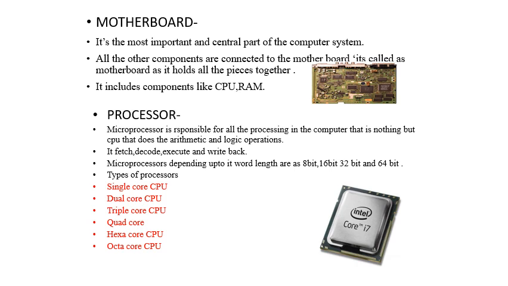Now what are the types of processor available? There are single core CPU, dual core CPU, triple core, quad core, hexa core and octa core. Now what does this core stand for? If there is one core inside a single CPU, that will be handling all the processing, meaning whatever switching processing takes place in a computer system will be handled by one core, so it is known as single core. Dual core means there will be two cores that will be handling all the processing.